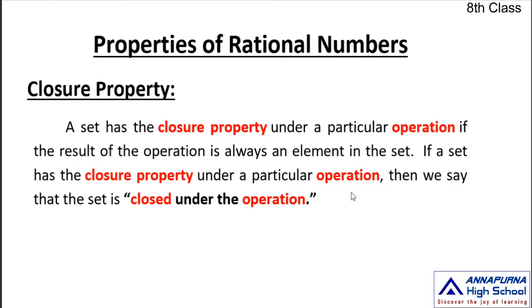Okay, next let us take multiplication. That means when you multiply one rational number by another rational number, you get a rational number or not. When you are multiplying 4 by 5 and 5 by 4, what happened? It's very simple. Here the numerator is 4, here the denominator is 4, so cancel. Here the numerator is 5, here the denominator is 5, so both are cancelled. Here the result is 1. So 1 is also a rational number.